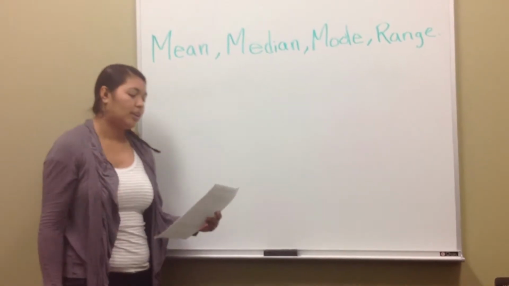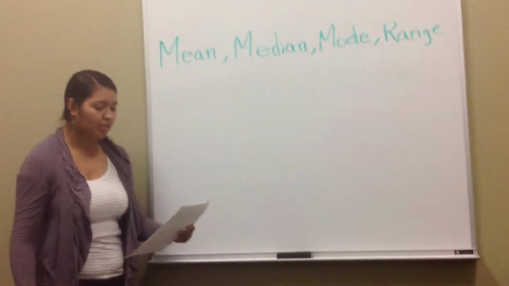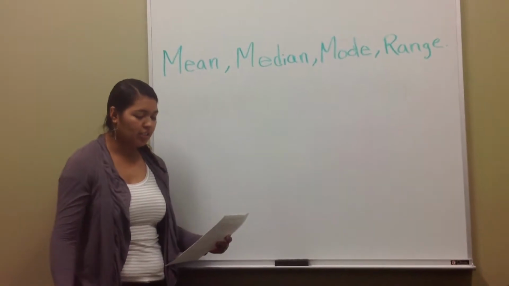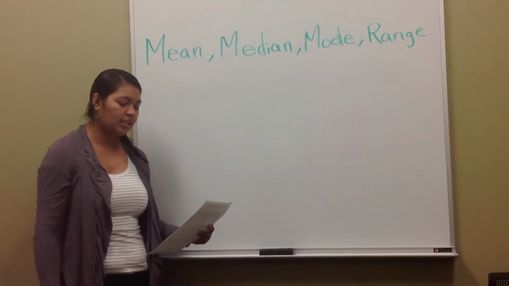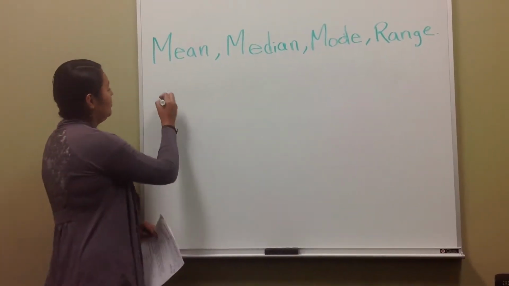What is mean? Mean is found by adding all the numbers in the data line, then dividing the total sum by the amount of places in that data line. Example,